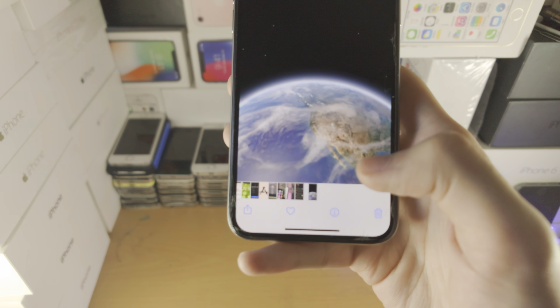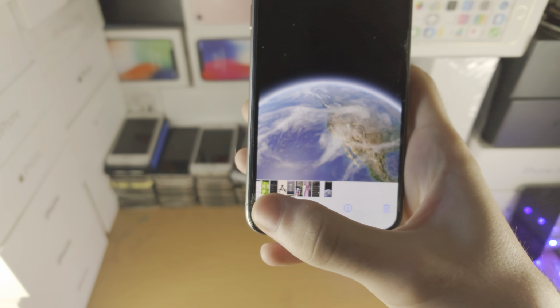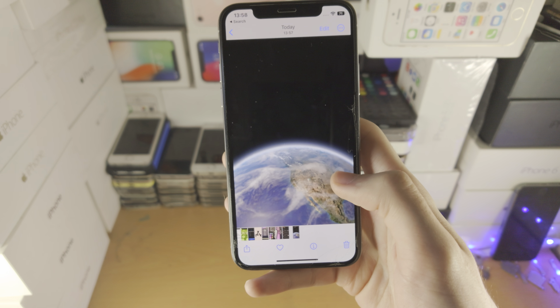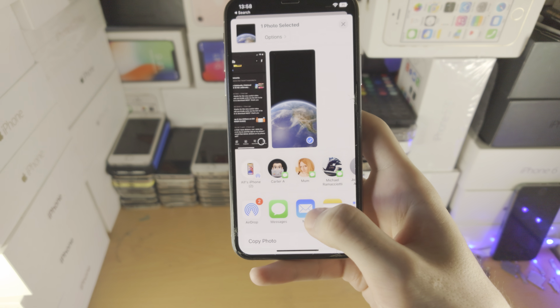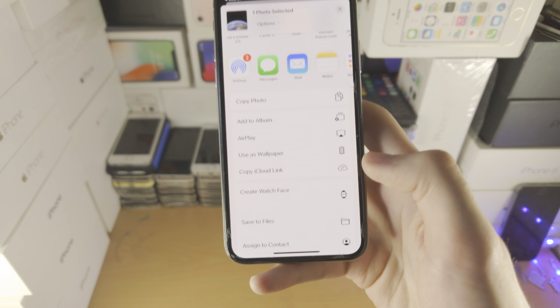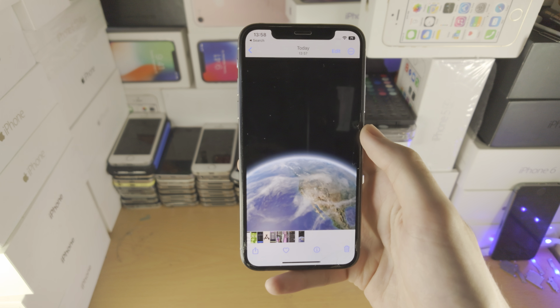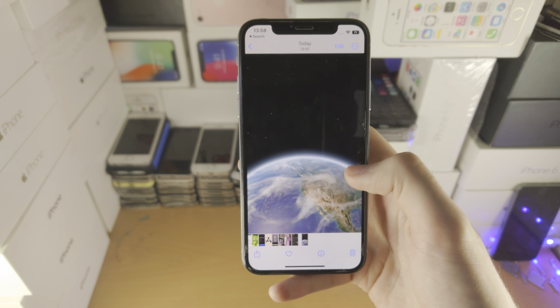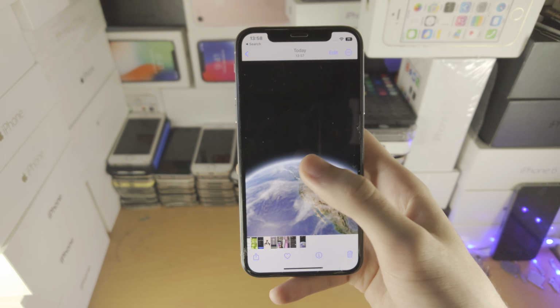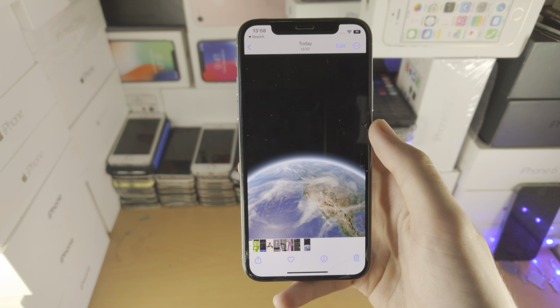So in the case of the iPhones, to set the wallpaper, you tap on the share icon. It's actually going to work, took a while there. And then you can see here, use as wallpaper, you tap on this one. In the case of Android, you'd have to go to the wallpaper area of the settings app and then select the image from